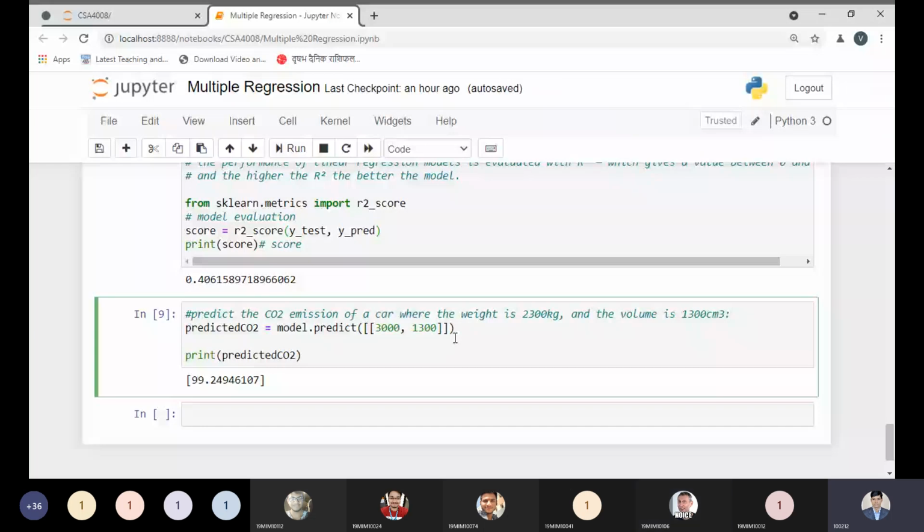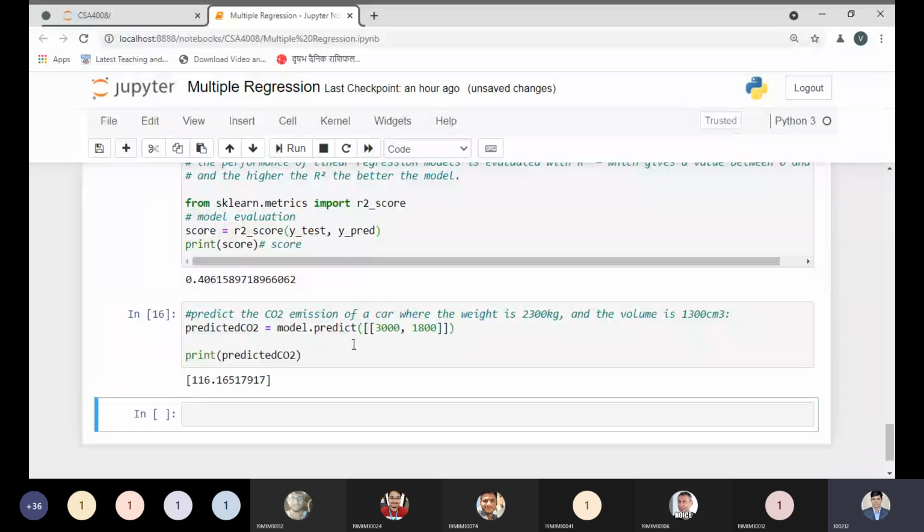1800. So from this point we can predict, from the data set. Our model is learning the information from past experiences. What are the past experiences? The data set. From the data set the model is built, and after building the model, the model will predict the carbon emission generated by the car. So let me execute this code and see what the expected result would be. Here we got the carbon emission as 116. Okay, so this is the point.